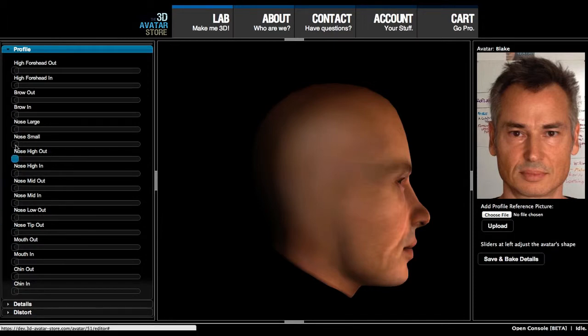So for the nose, we've got several different controls. We've got just an overall nose large, which can be used to grow the entire shape of the nose, as you can see there. And then likewise, there's the inverse, nose small, which reduces the size of the nose. And then it's broken into several different pieces where there's nose high out, which